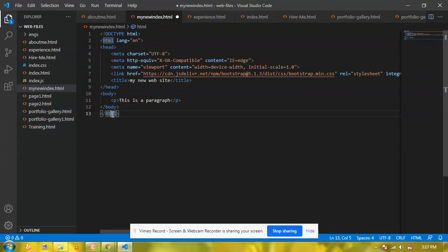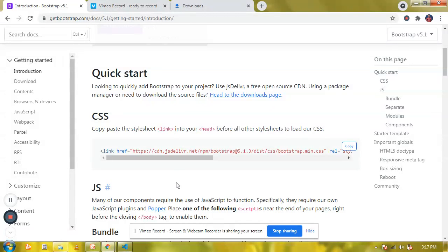For purposes of better understanding, you should understand that in HTML, everything is written in tags, and a tag has an opening and a closing tag. These are things that we'll talk about in the HTML video, but for now, let's focus on Bootstrap. All right, so moving forward now,